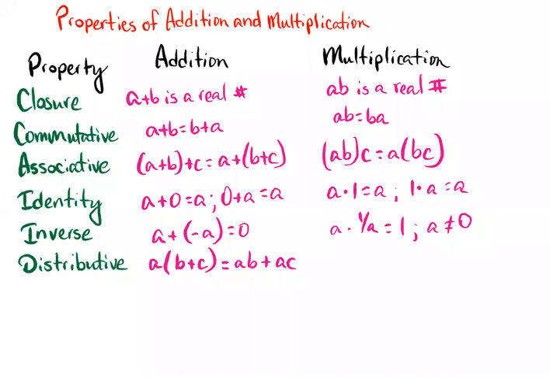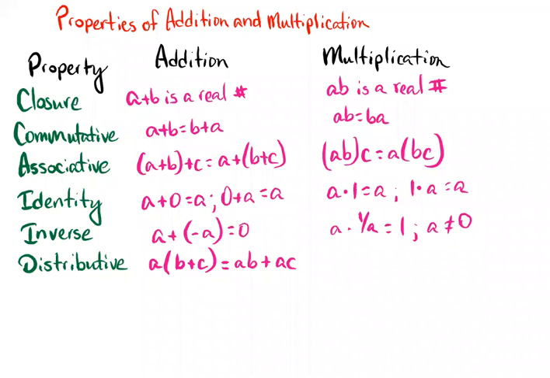The identity property of addition tells us that A plus 0 equals A and 0 plus A equals A. And the identity property of multiplication tells us that A times 1 is equal to A, or 1 times A is equal to A. The inverse property of addition tells us that A plus negative A is equal to 0. And the inverse property of multiplication tells us that A times 1 over A is equal to 1, where A